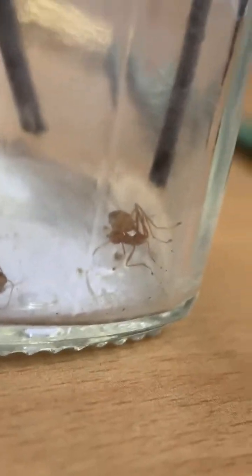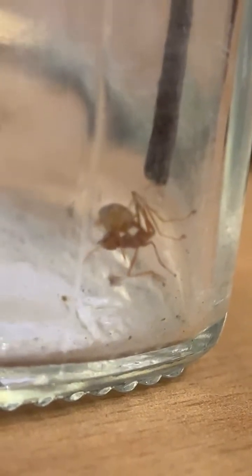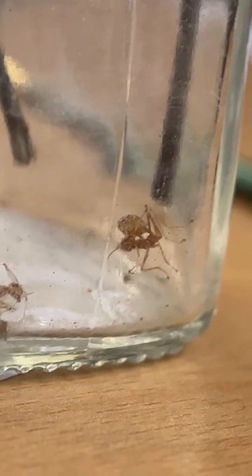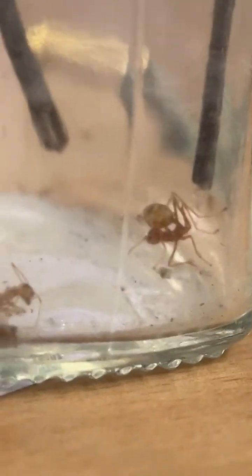This was first, and there is one another ant behind, which is again in the same typical form. Let me bring that close. It won't be difficult now. Here is the other ant. Here's that other ant which had been injected with the spider's venom and has, you can see, turned over itself in the form of a U. The abdomen and the head are touching each other over the back. Meanwhile, this spider is